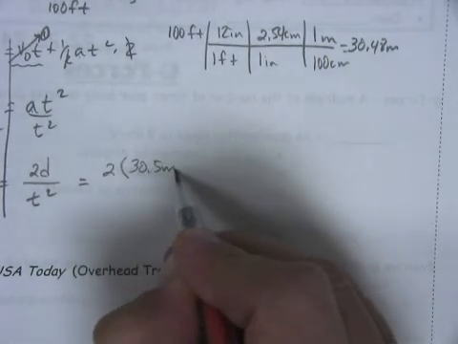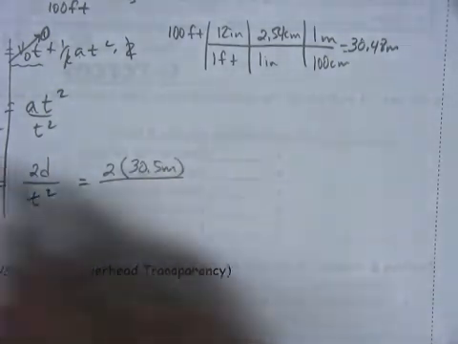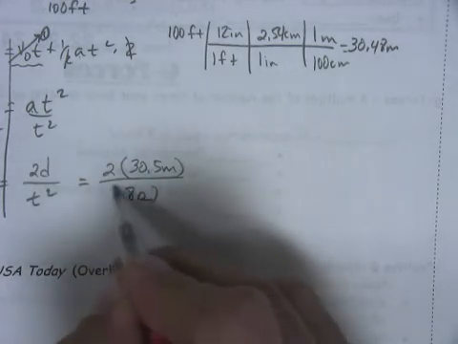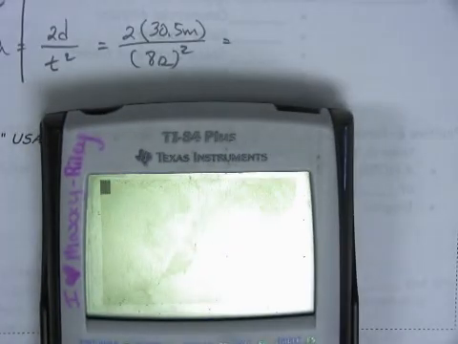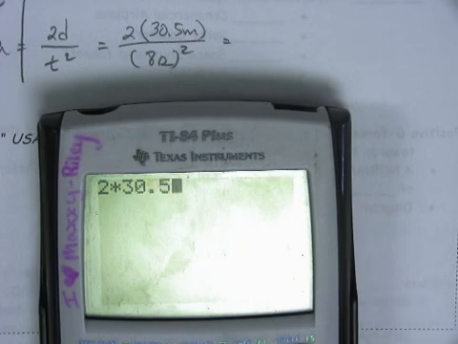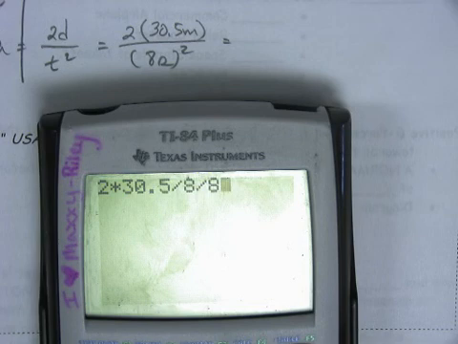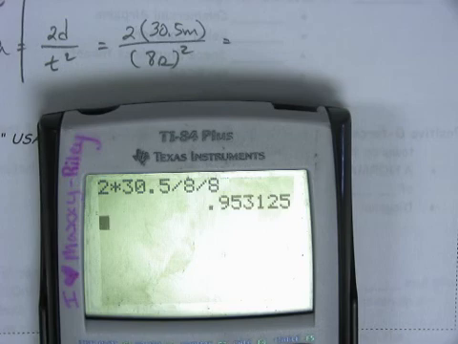So 30.5 meters, all divided by the time, which was 8 seconds. Don't forget to square it. I'll plug that into my calculator so you can see how that's done as well. So we get 2 times 30.5, and then I divide by 8 twice. I'll do it the other way and see if we get the right answer, but that's the best way of doing it. And I get